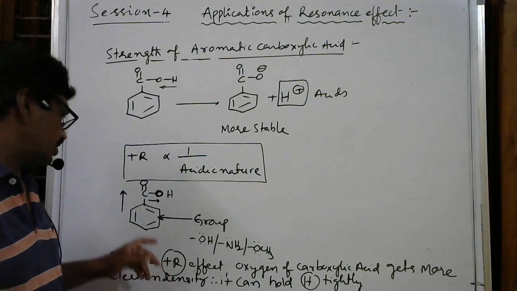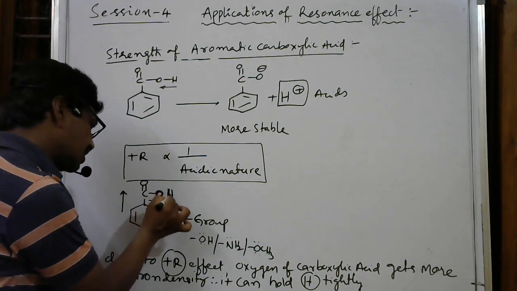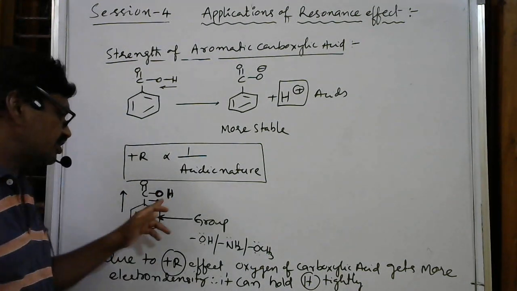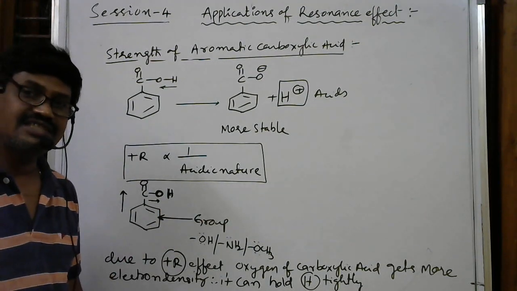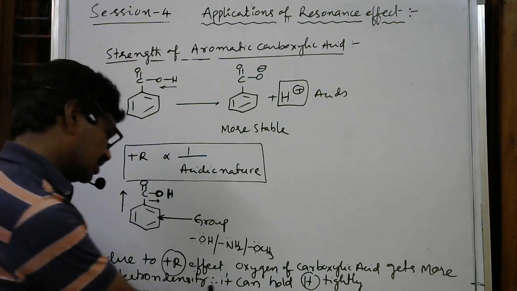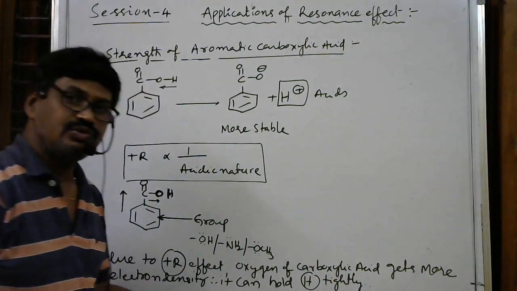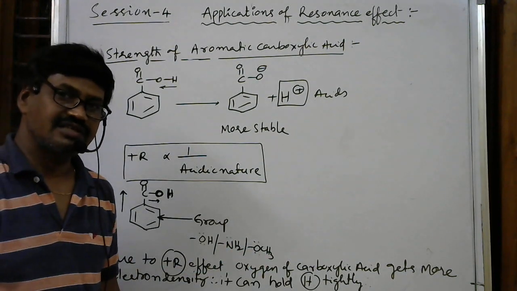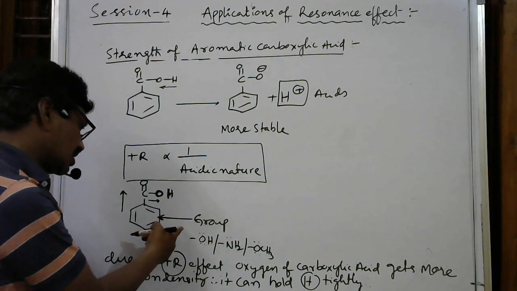When this oxygen holds this hydrogen tightly, it is not easy to release. It is not easy to release, which means acidic nature decreases. So it can hold hydrogen tightly. Therefore, it is not easy to release as an H plus ion, so that it is not a strong acid. So due to the plus R effect,